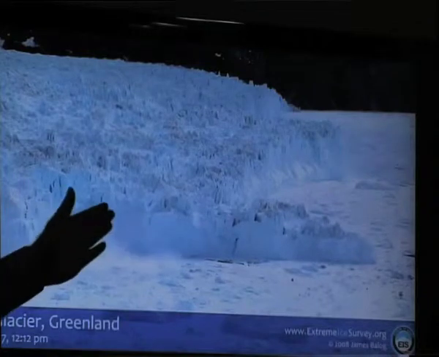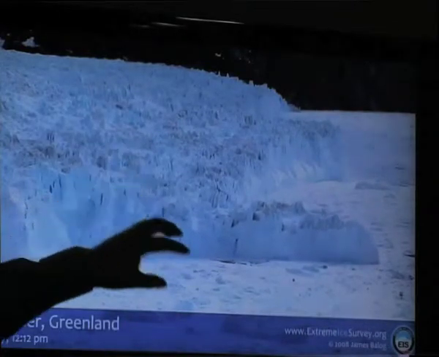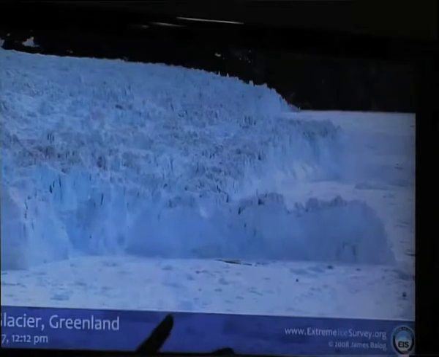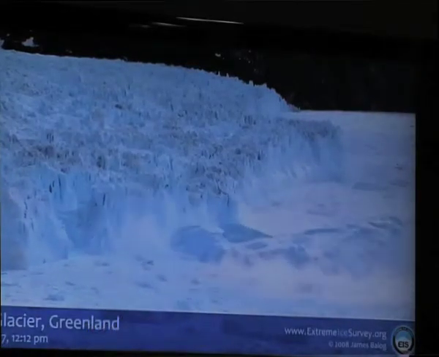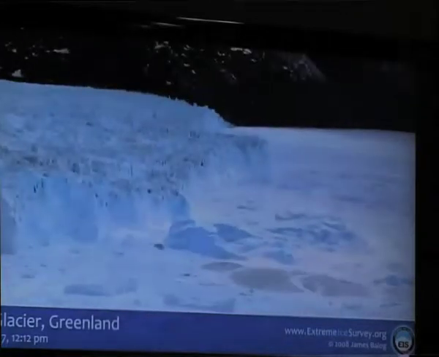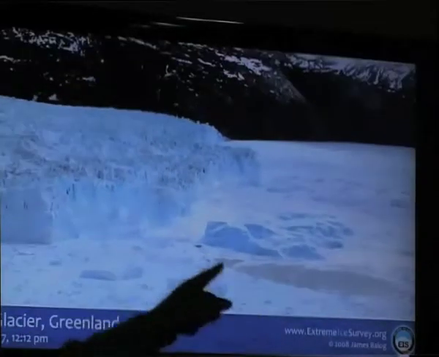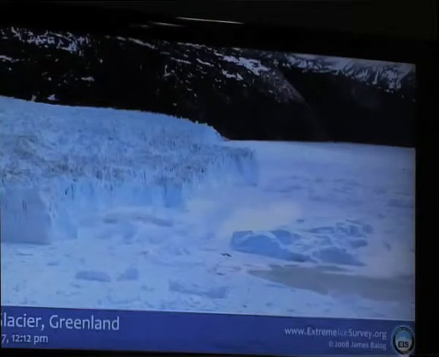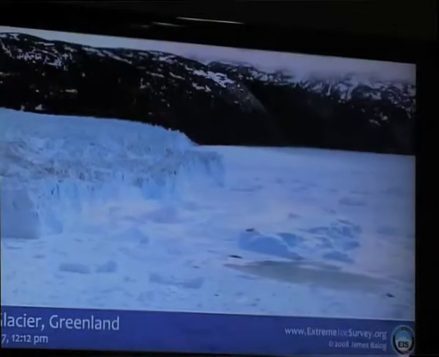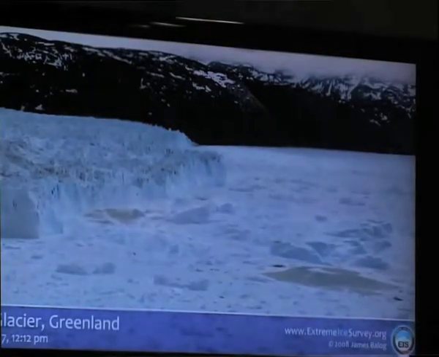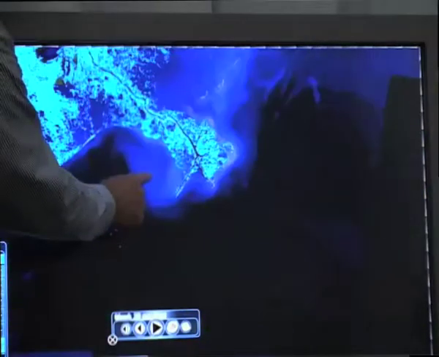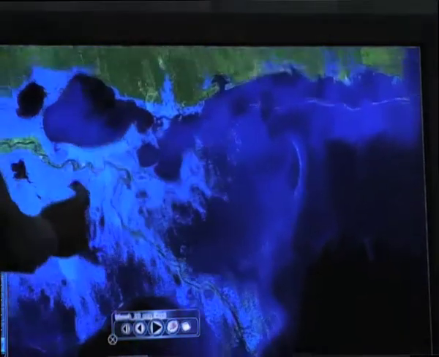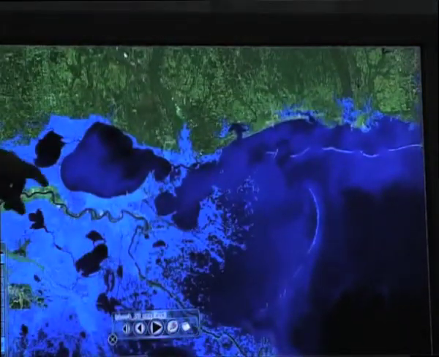So this is the weak part, and as soon as that broke off, the equilibrium of this particular iceberg has changed, and it's now looking to equalize itself. What you see above is only 10% of the iceberg; the rest is below. It's incredible. If it were to rise 1 meter, as we zoom down into New Orleans, what the implication could